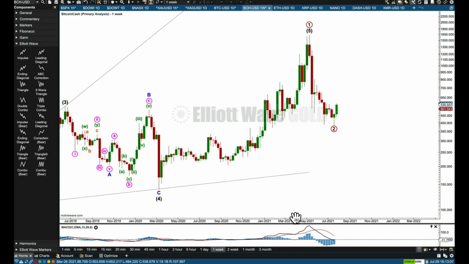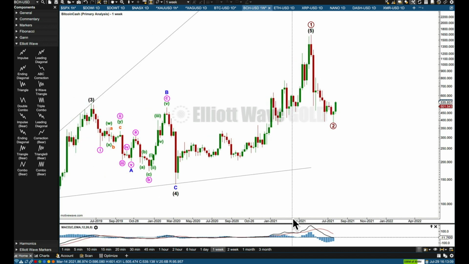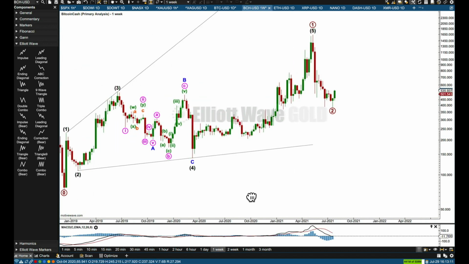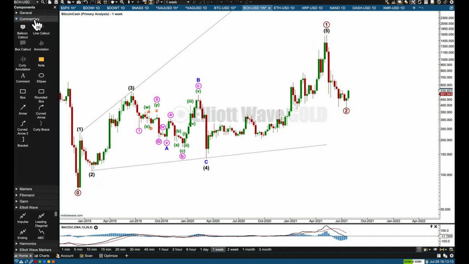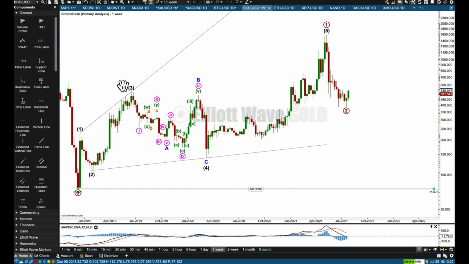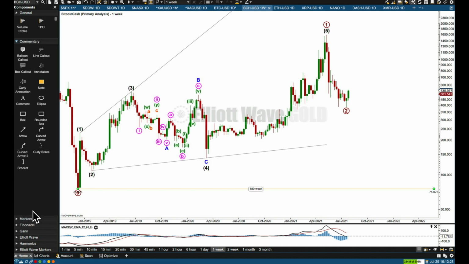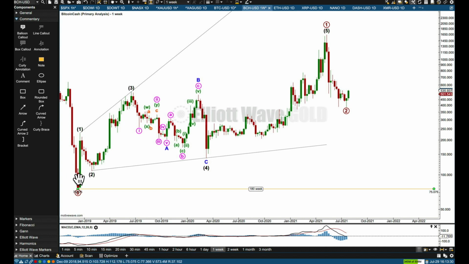Now what about the structure of primary 2? Well, first of all, let's get our invalidation point, which will be back down here. Primary 2 may not move beyond the start of 1, so if we see a new low below this point, this wave count is invalid. What is this point? 75.075. Primary 2 has already corrected 80% of the length of primary 1, so it could be over there, but it doesn't actually look like